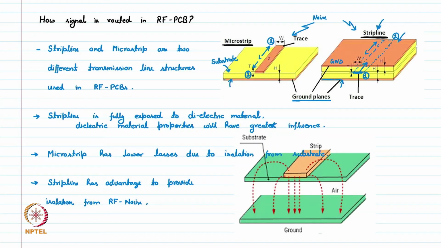So, this is how the signal actually propagates in microstrip. We have this microstrip and this is our substrate. On the bottom we have this ground plane. When we apply an electromagnetic wave or the RF signal here,